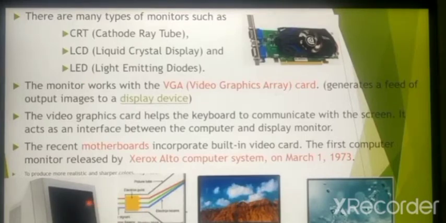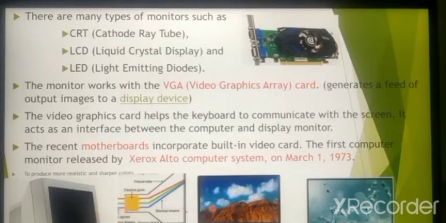First let's see about CRT monitor, which works based on the concept of cathode ray tubes. So it is called CRT monitor. Its size was very big. Its backside looks like a dome, the same structure as a cathode ray tube. The structure and concept, everything is constructed based on CRT only. So it is called CRT monitor. But here we are not able to see the images in a more realistic manner.